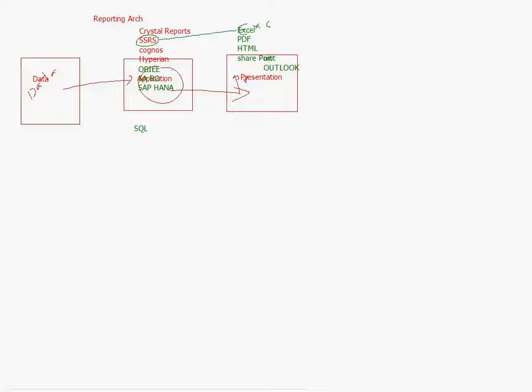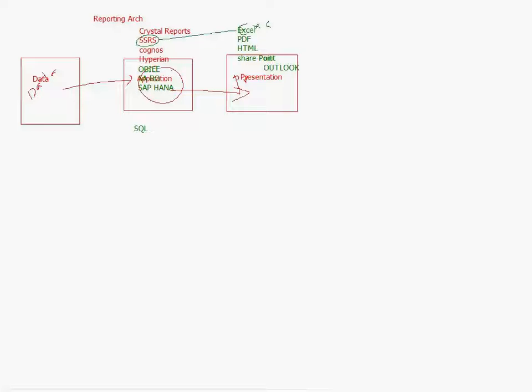Is SQL Server Reporting Services capable of pulling the data only from SQL Server? No, exactly. It can bring the data from SQL Server or Oracle, DB2 data, any unsupported format also.